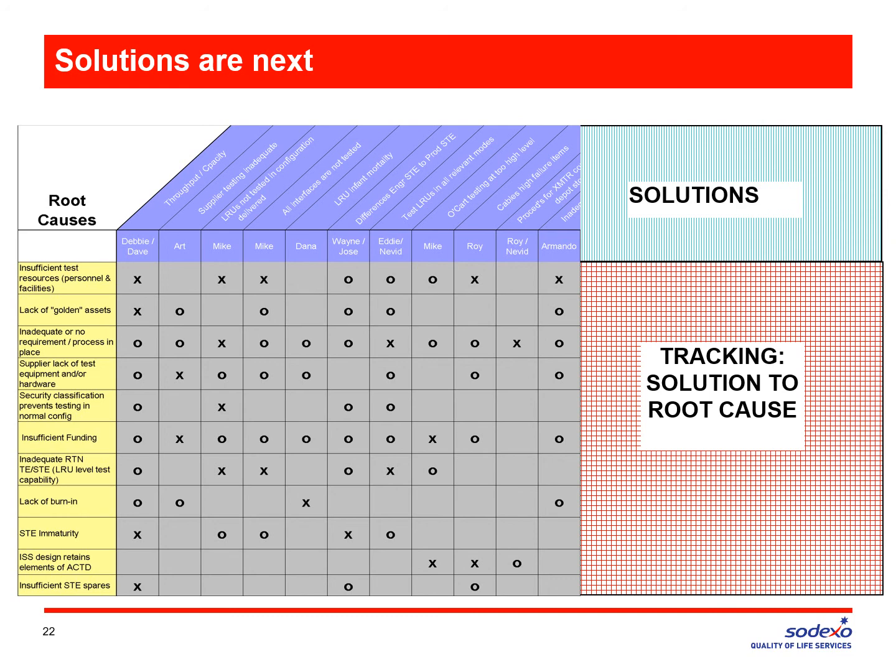Now it's time to start developing the solutions and to track the solutions to the root causes. We'd start with the first root cause, and whoever owns it, and it can be any of these 4 or 5 people here now, they would start saying the root cause is insufficient test resources, personnel, and facilities. The solution to that is blank, and then write down the solution in the first column of the solutions part of the matrix,